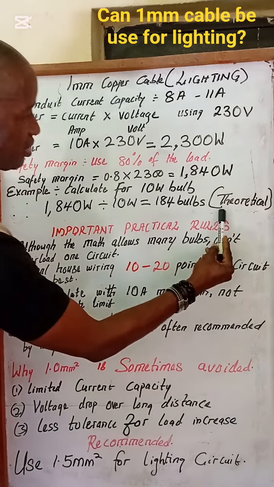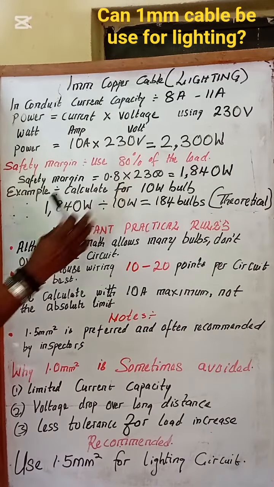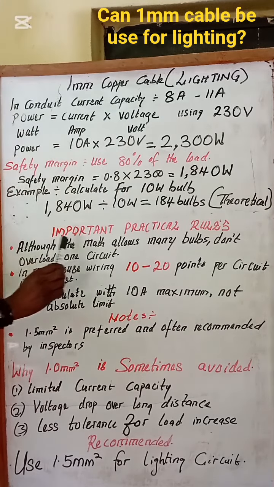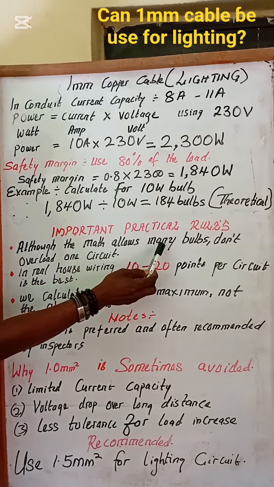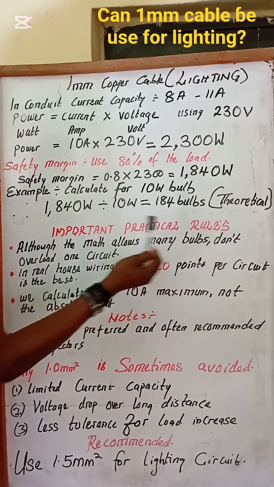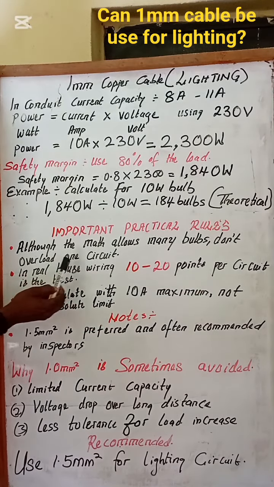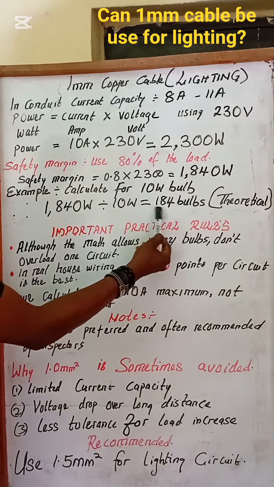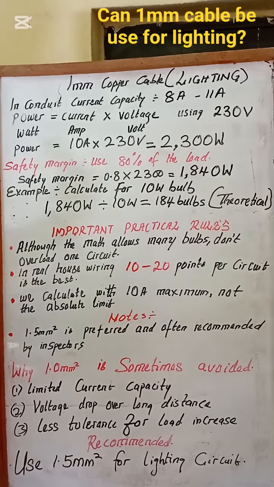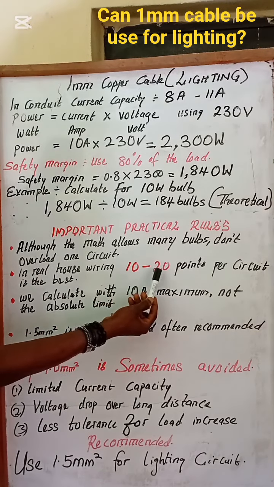But this is just theoretical. The calculation is just theoretical. The important practical rules: although the maths allow many bulbs, just 184 bulbs, don't overload that one circuit. So what do we do? In real house wiring, it is better to use 10 to 20 point